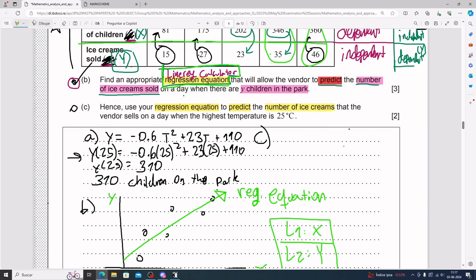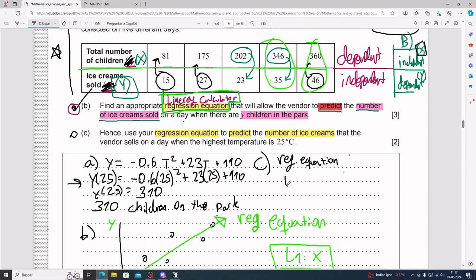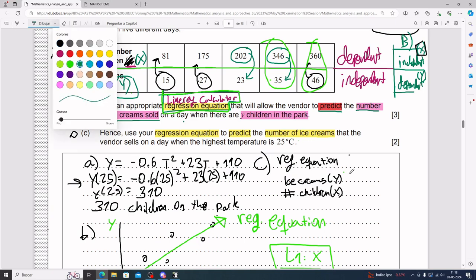So basically, on the one hand, you have your regression equation, which is on the y, you have ice creams, and you have number of children for x, right? And so here you need to predict the number of ice creams. So you need to find this guy,